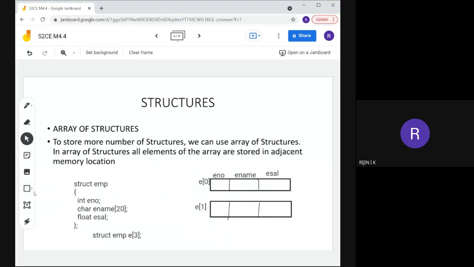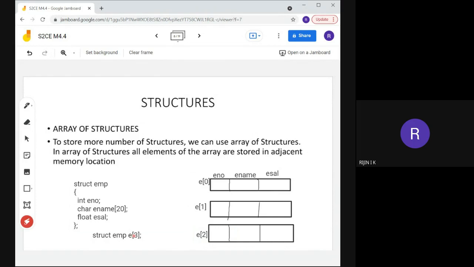Likewise it will create one more. Here we have specified 3, so it will create 3 records: e of 0, e of 1, and e of 2. Then, by using the subscript, we can access these records.